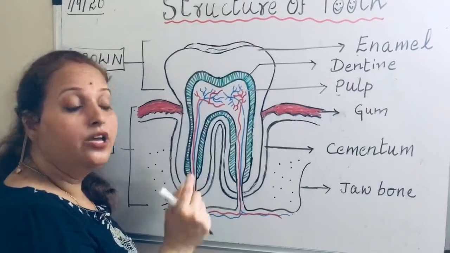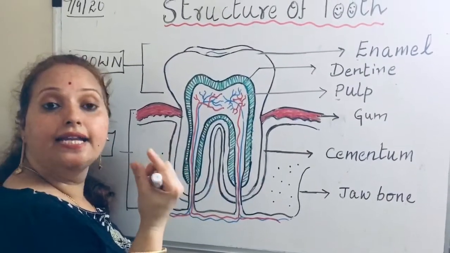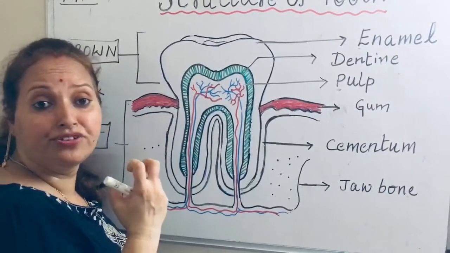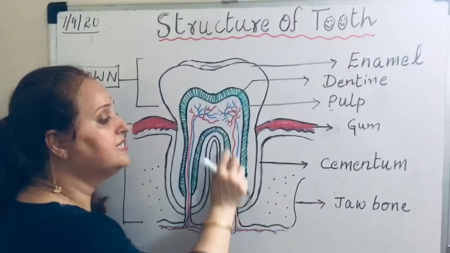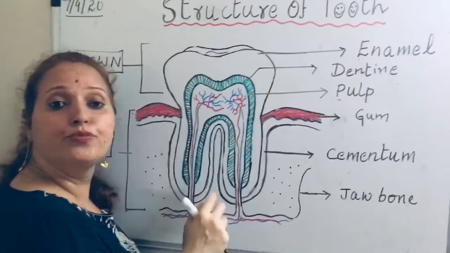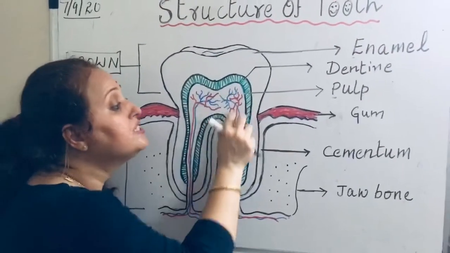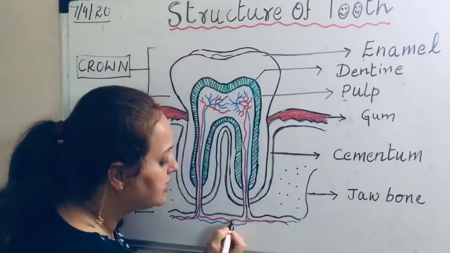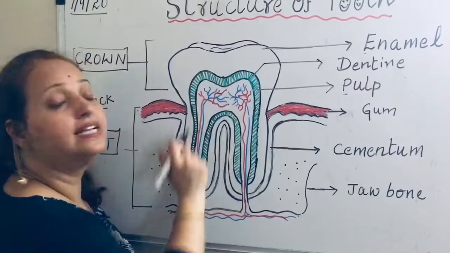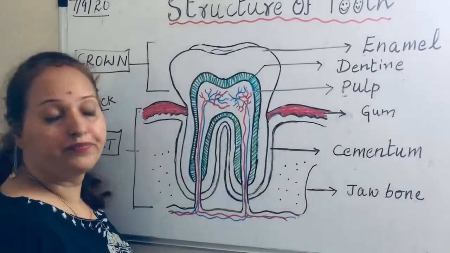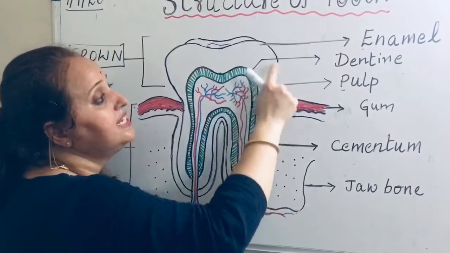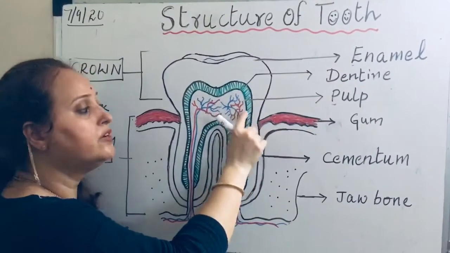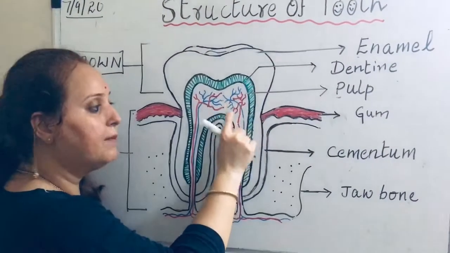That is the reason if you take an ice bar into your mouth to eat, you feel some sensation, right? It is mainly because these nerves get excited and send the information to our brain. So the sensitive part of our teeth is the pulp, and you can see I have shown the blood vessels in red color and nerves in blue color, right? Now these are the three main parts: enamel, dentine, and the soft tissue with nerves and blood vessels, that is called pulp.